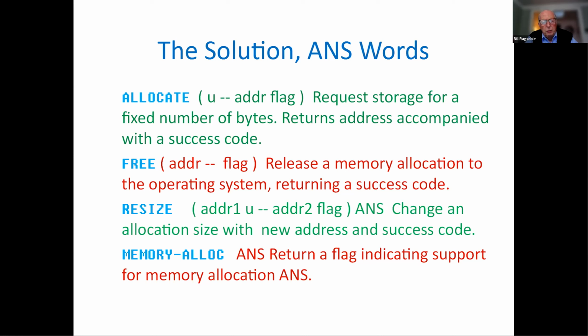A RESIZE is available. In this case, if you give it the address that is presently allocated and the u value for a new allocation, again, you will get the address of the new allocation and a completion flag. And finally, a very internal word is MEMORY-ALLOC, and that is just a return flag value that tells you, is this function available? So if you're writing an application and you want to know, do I have available memory allocation,